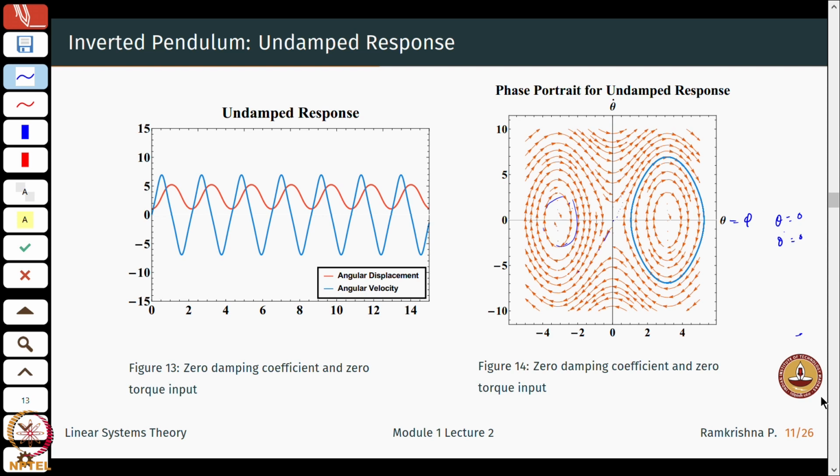If I go back to the phase space which I had drawn in one of our earlier lectures, you can see that this actually corresponds to a set of different equilibrium points. Starting from here, you have an equilibrium point here, and so on, if you keep on progressing to the right and the left. This is a typical case of a nonlinear system which has multiple equilibrium points. What is the nature of these equilibrium points? Does each of the equilibrium points exhibit the same behavior or not? That we will see in the due course of this lecture.